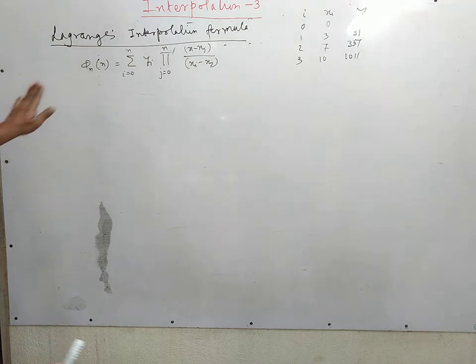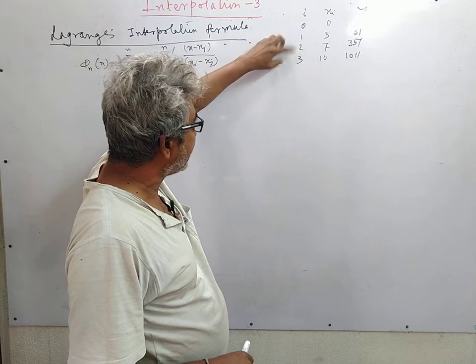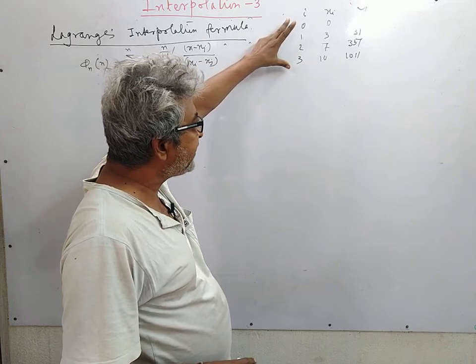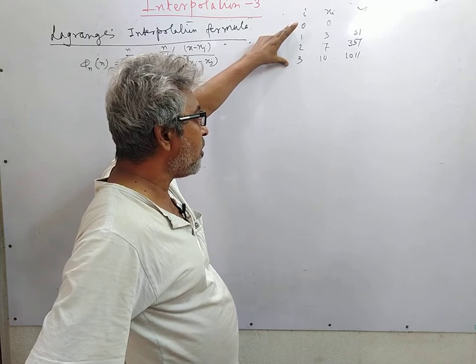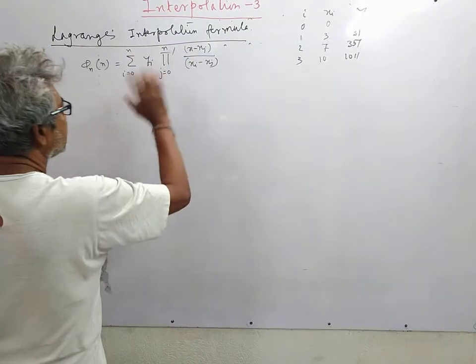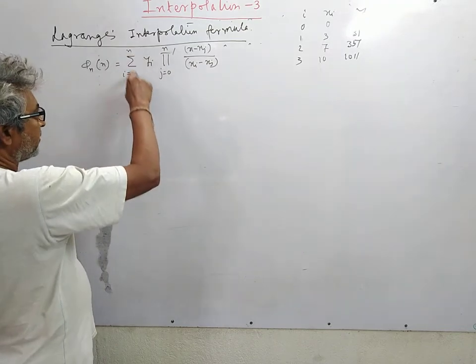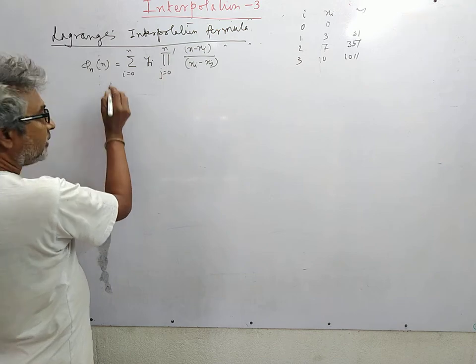Now we apply the formula to the given set of data. There are 4 data given, so we can fit the given data into a polynomial of degree 3. So the polynomial is written where i ranges from 1 to 3. Writing explicitly, this becomes